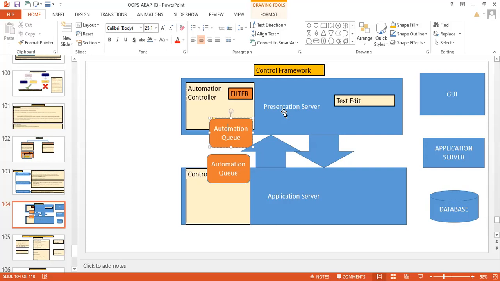But why are those methods there? Those methods are for the purpose of forcing. Let's first understand flush, CL_GUI_CFW flush, CL underscore GUI underscore flush. Flush means you are forcing something to move from here to there.